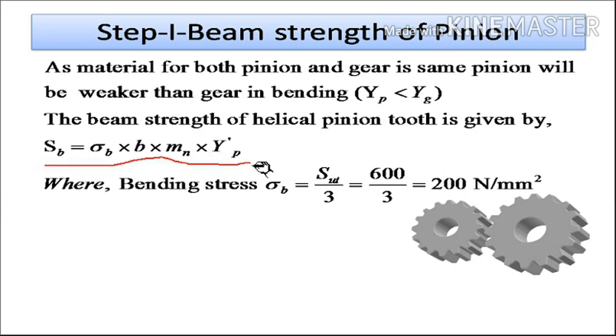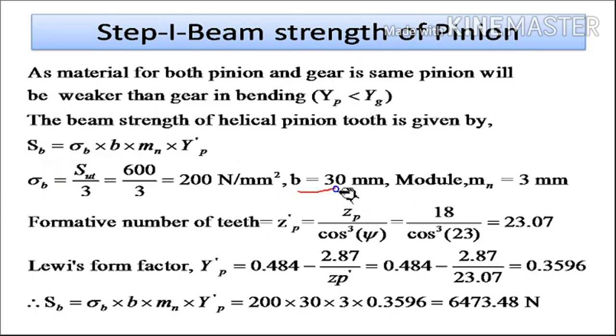First we will calculate sigma b, which is equal to SUT by 3, where this 3 is not a factor of safety, but a constant obtained by considering the endurance strength of the material. So SUT by 3 is equal to 200. Then other parameters are given. B is 30, module Mn is 3 mm, and now the formative number of teeth Zp dash is equal to Zp by cos cube of psi. So if I put the value of Zp as 18 and psi as 23,